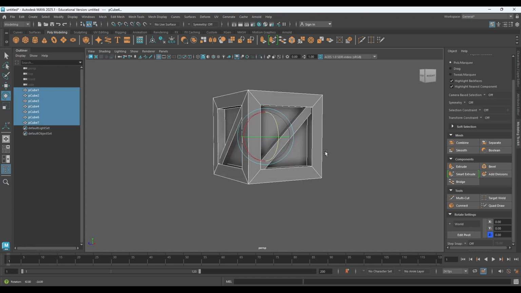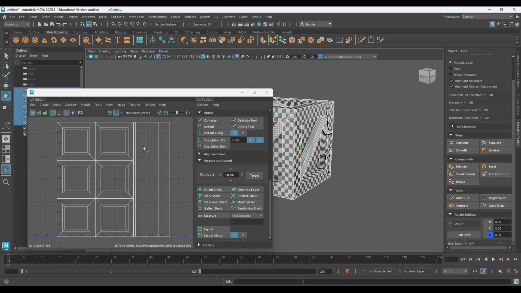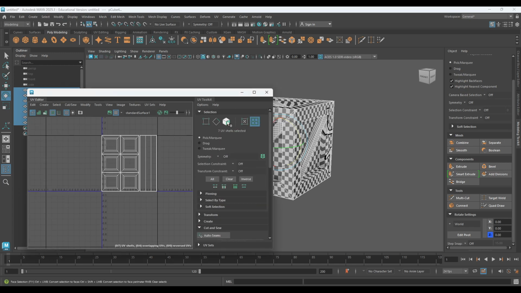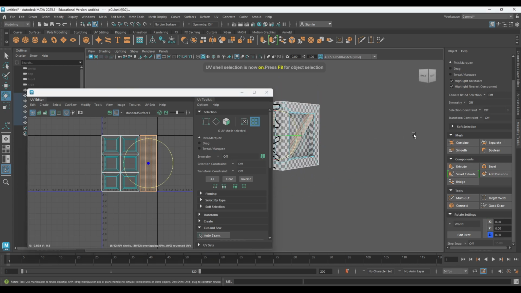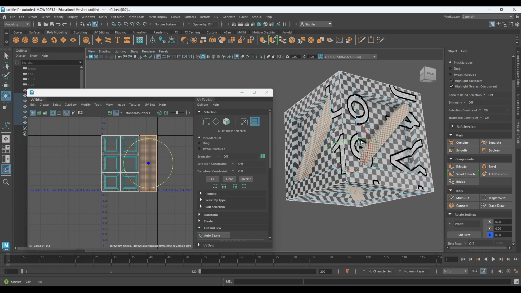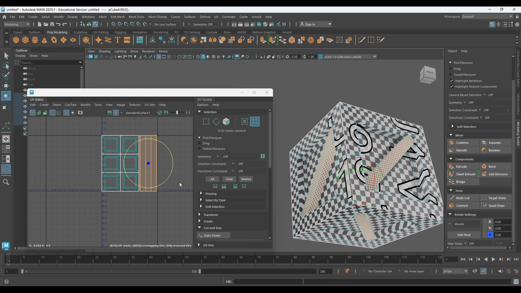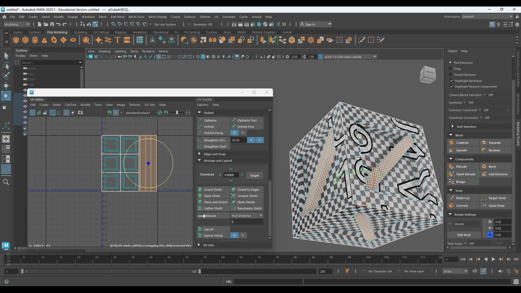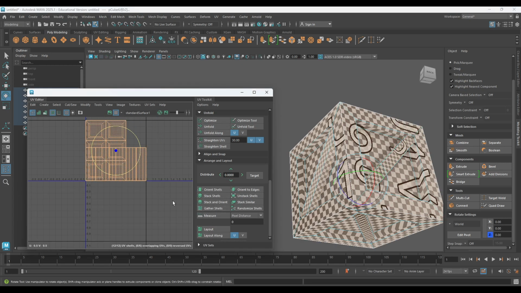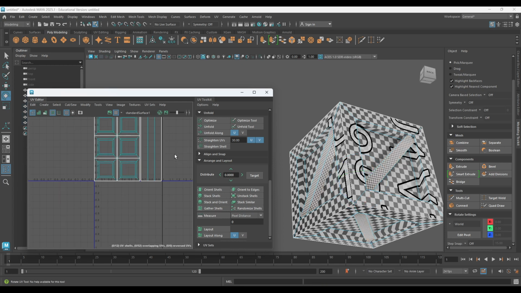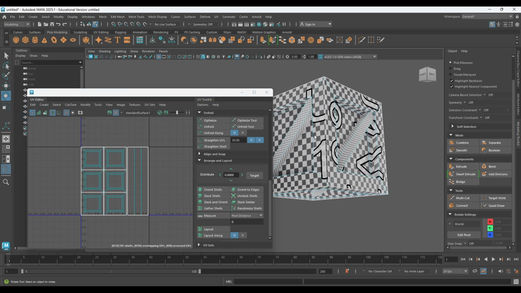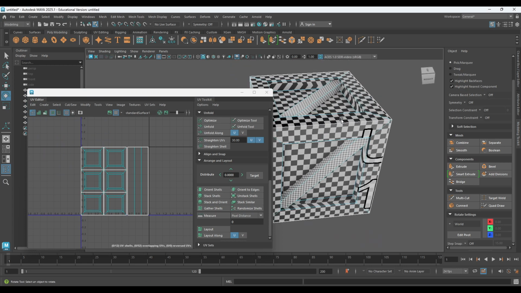If I select all of this again, and I go to the UV editor, I can see that it's still keeping that same UV. So if I select all of these, it selects all of the braces there. So they will share the same UV. If that's not something that you want, you can then do the layout again, and then they'll all get stacked there. But if you are wanting to use the same texture, the reason why that would be fine is because none of these are sort of connected to each other,